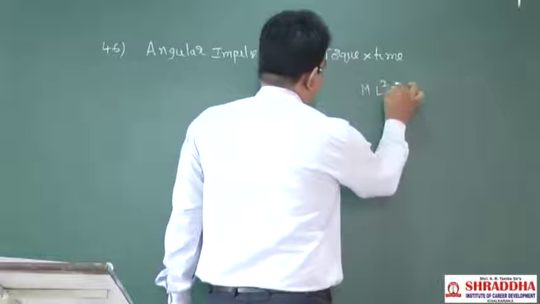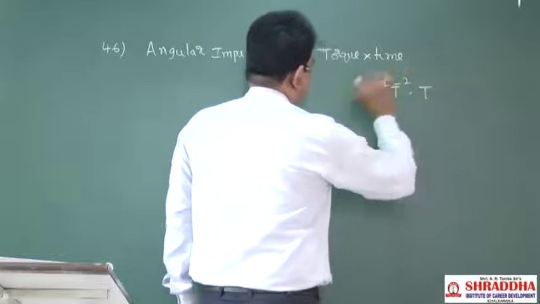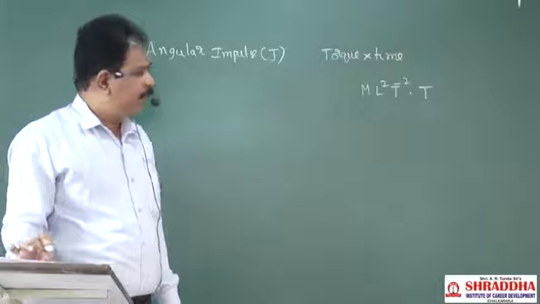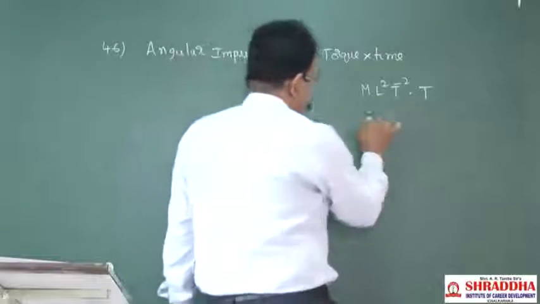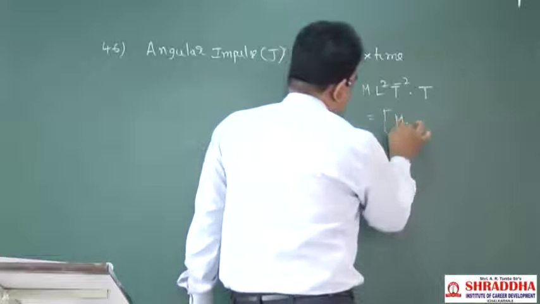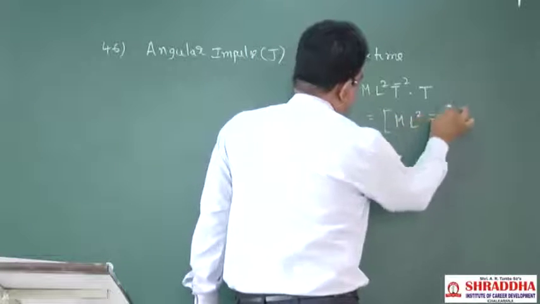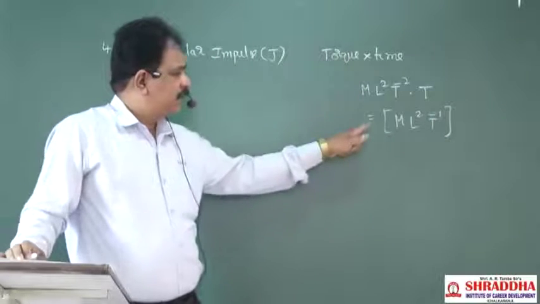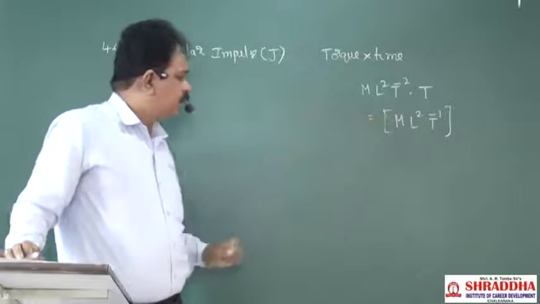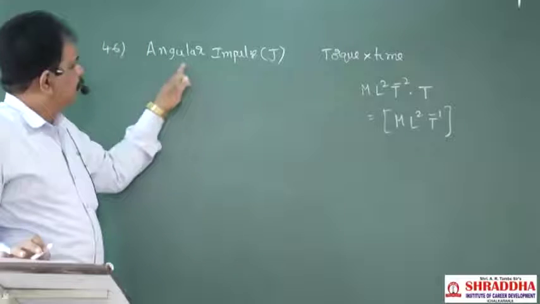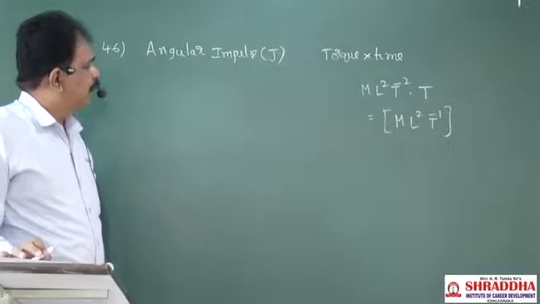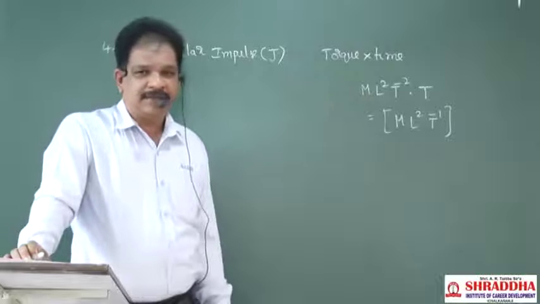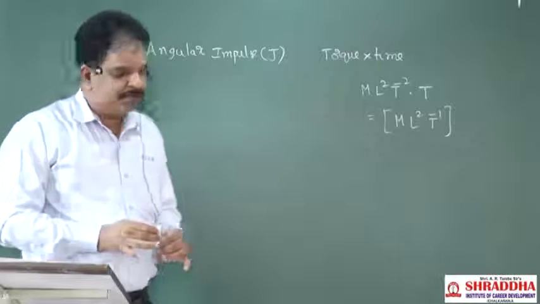ML square T power minus 2 into time, whose value will be T. So this is ML square T power minus 1. ML square T power minus 1 will be the dimensional formula of angular impulse. Clear? Next, after that,